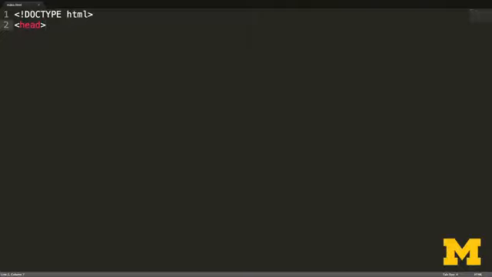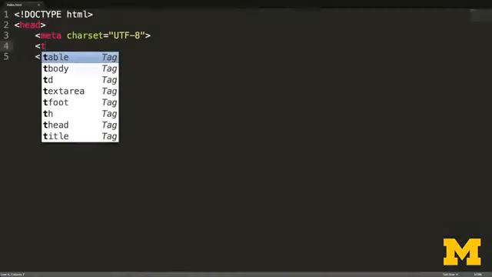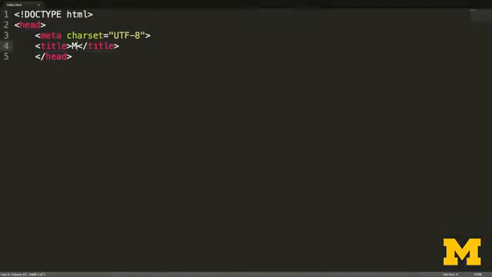So let's go ahead and finish filling in my head element. I'm going to go ahead and put in my end tag right away because otherwise I tend to forget these things. And the two things I want in here are the metadata, meta, and the all-important title. The title, again, is what shows up on the browser's little tab. It doesn't show up on the page itself. It shows up in the tab. And I'm going to say, my